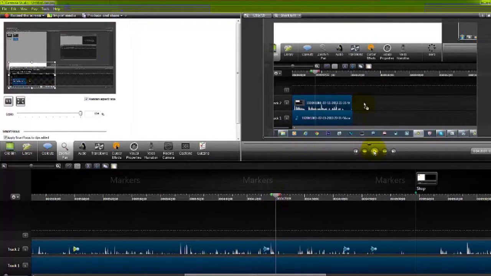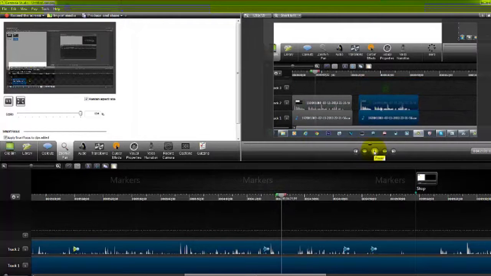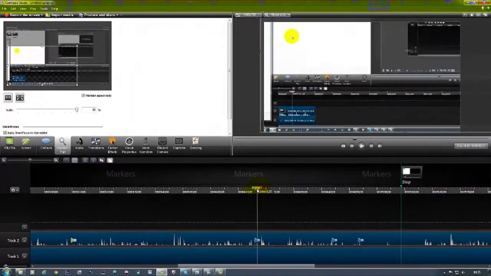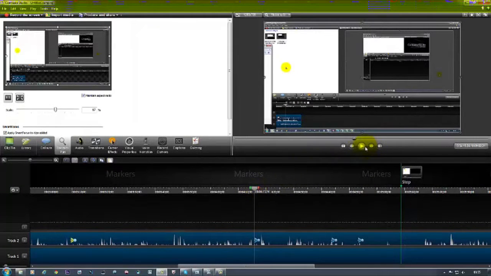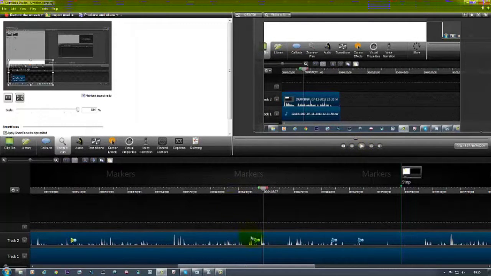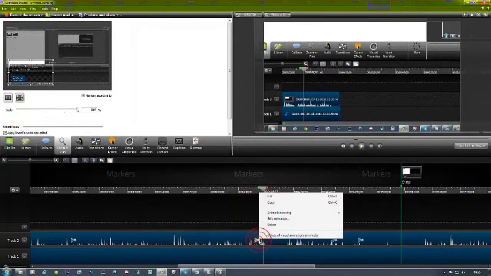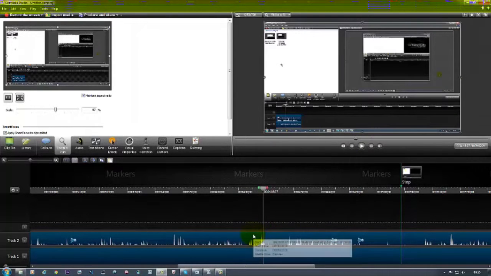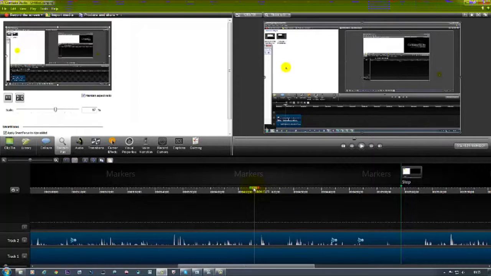Now if I click play here just for a second, put it in the timeline here, you can see I already bring it in, so I want to take that out, and it's somewhere around here. Let's see. Okay, and now you can see the effect. So I'm just going to delete this keyframe here, so I can see what's going on there. So that is when I bring the new footage in,